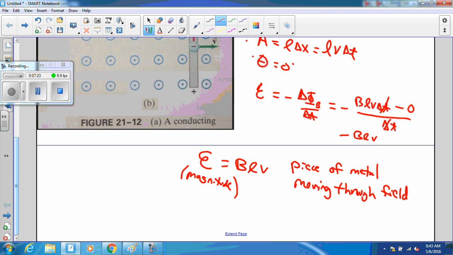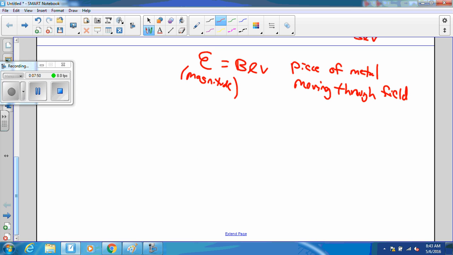Now I want to put this up against other equations that we have generated using Faraday's law for other situations, just so we can compare and contrast them. Here what we were doing was taking and moving a piece of metal. In the previous situations, we actually changed the magnetic field. Remember that? We had like some kind of a loop. We turned on the magnetic field, we turned off the magnetic field, and we had the EMF generated as a result of that. And so if we had a loop and a changing field,